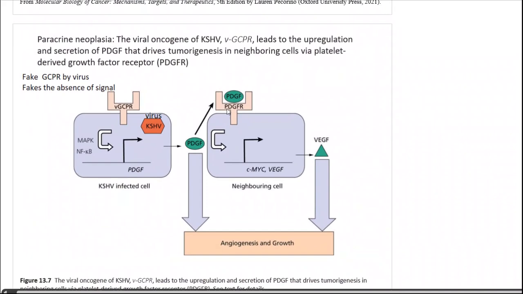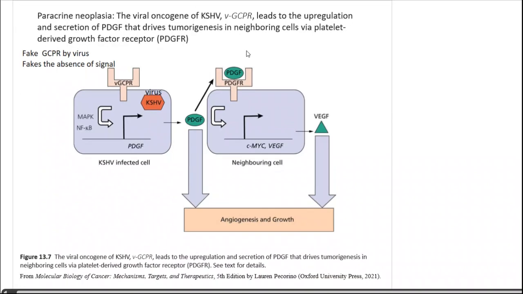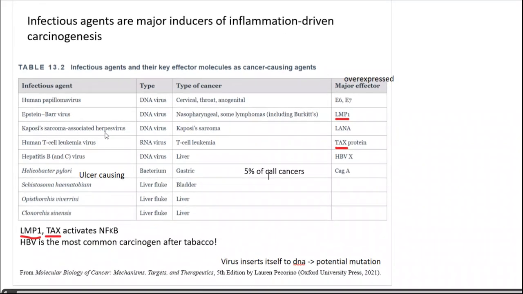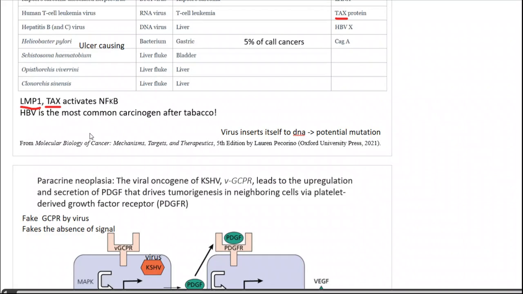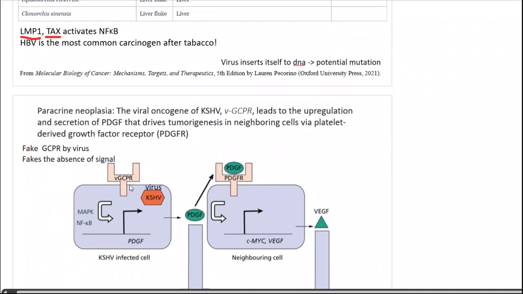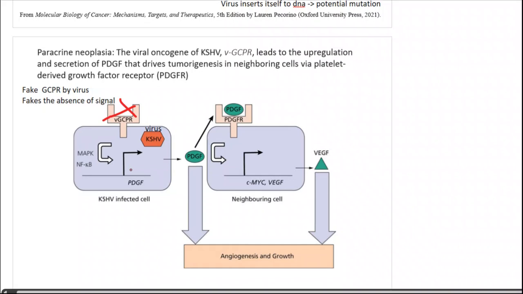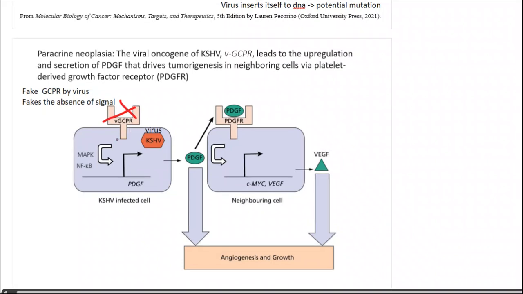Okay, the paracrine neoplasia, the viral oncogene of KSHV, vGPCR, let's talk about it. So this KSHV is a Kaposi sarcoma associated herpes virus. Anyway, this virus makes a fake GPCR receptor, mimicking that there's no signal, so it's like a fake receptor that can't bind to anything. And that causes this GPCR pathway down here to activate MAPK and NF-kappa B pathways, which causes production of PDGF,